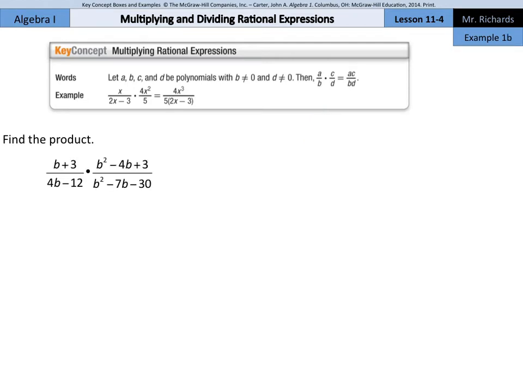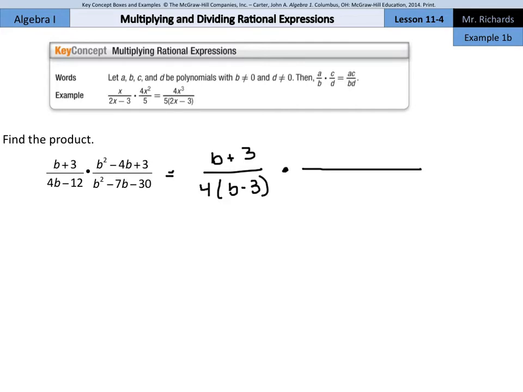Next we have find the product of b plus 3 over 4b minus 12 multiplied by b squared minus 4b plus 3 over b squared minus 7b minus 30. Well, what I would do first here is to factor anything we can. So b plus 3 does not factor. However, on the bottom, if we factor out a 4 from the 4b minus 12, we'd be left with 4 times b minus 3, and that would multiply by